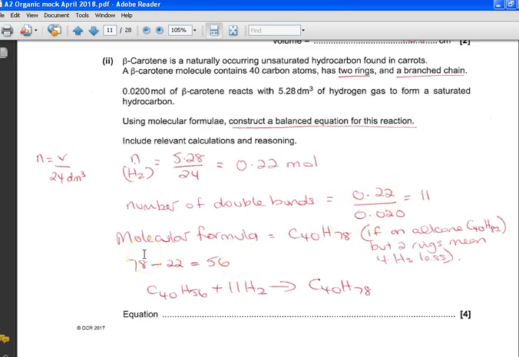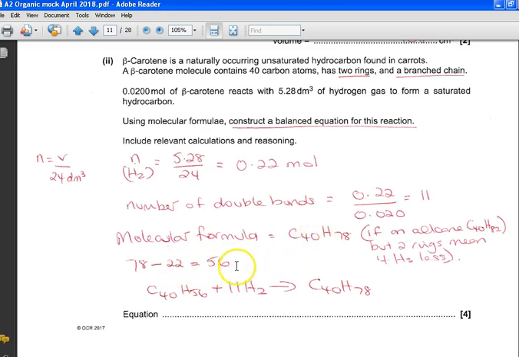Okay, so the molecular formula, I've worked this out by, we're told it's got 40 carbons, right? If it's got 2 rings, then it must have 2 hydrogens less, effectively. It says a branch chain, but that doesn't indicate there's any double bond there. So if this was just a straightforward alkane, the molecular formula would be C40H82, using the 2n plus 2 rule. But because we've got 2 rings, we have lost 4 hydrogens, because you lose 2 per ring. So 78